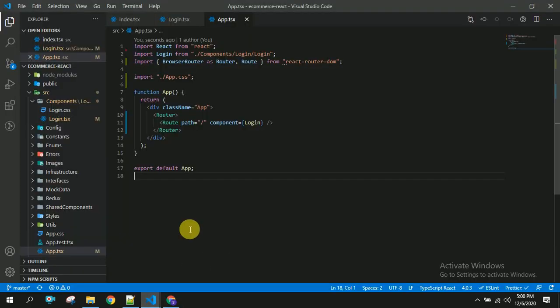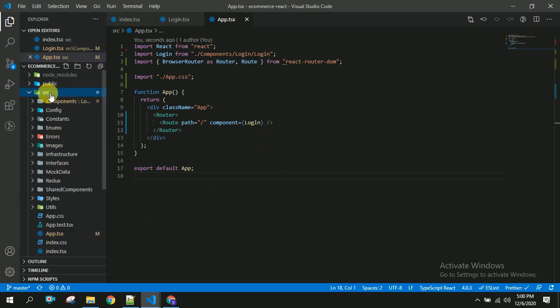Now let us add other components and a navbar, a layout and header. For that we have to go to shared components and create a layout here.